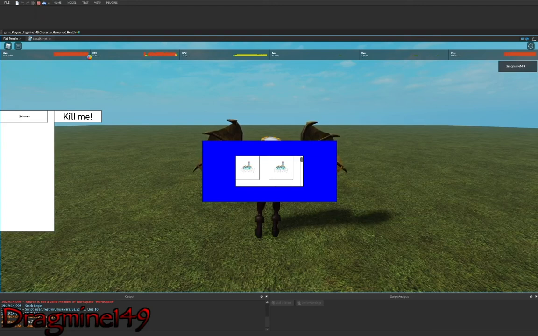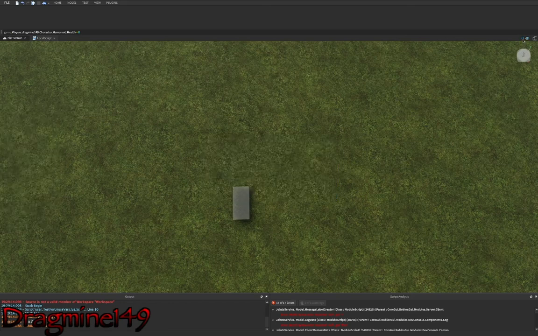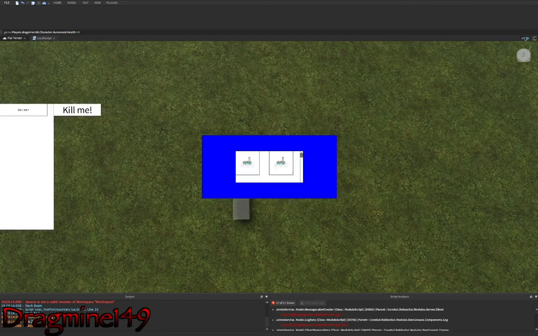So now for the next final object. In Studio, this only applies in Studio. If you play the game, it does not work. But you've got this button up here called UI. If you click it, all of the UI disappears. So basically, if you're working on something and you don't want your UI on the screen, you can click this and it all disappears. And it goes great. But like, I want it like this.